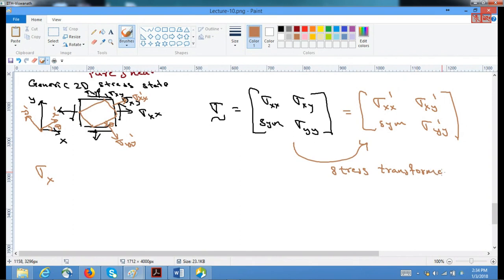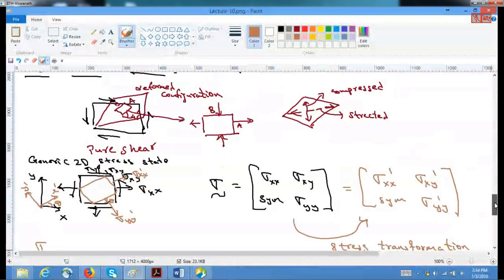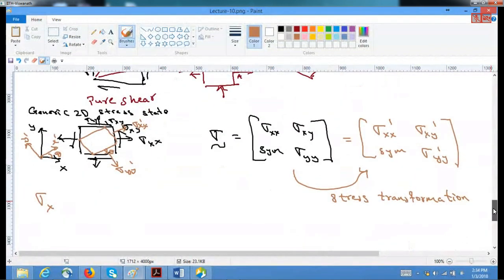Now, how this stress transformation relates to the principal stresses has a role to play. When you rotate in this manner,